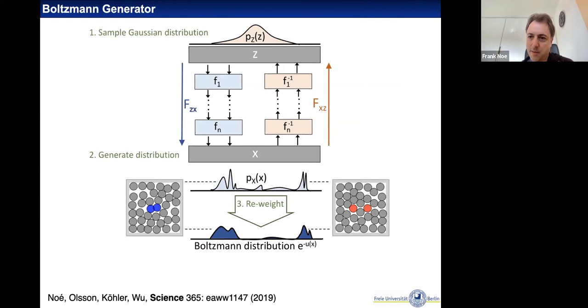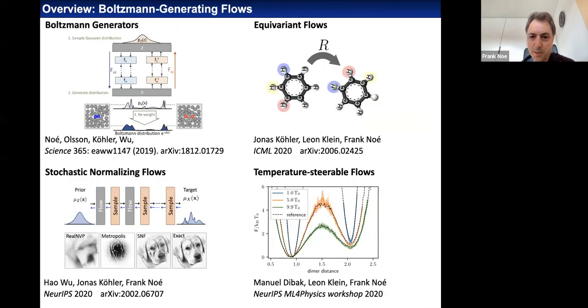We sample an easy to sample random variable at the input, put it through the neural network, generate candidates at the output, and try to match the target density. And while we do that, we train the neural network to generate more realistic samples. And there will be a difference in the end. The network will never be perfect. And we fix the difference by using just statistical mechanics reweighting. So we use the neural network as a proposal step in a Monte Carlo framework, or we just do one-sided reweighting, so importance sampling, any of these options.